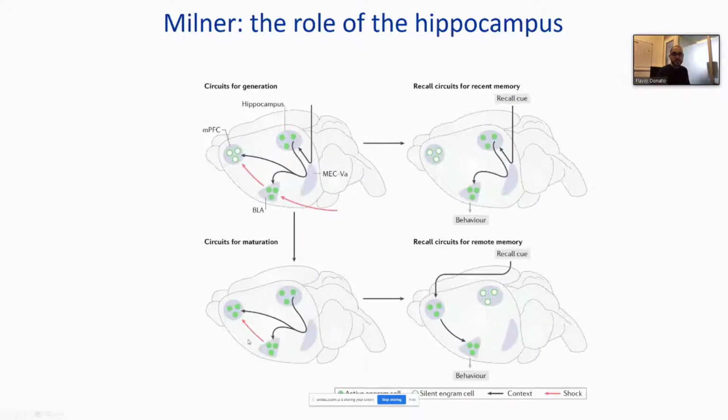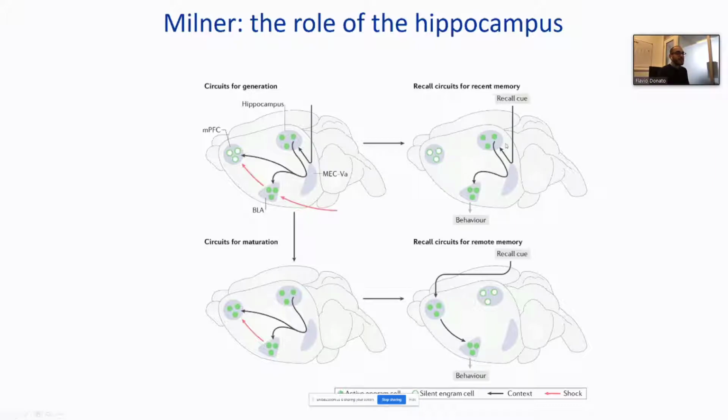And one proposed mechanism is that replay phenomenon that we have seen yesterday, identified via decoding, by which information at a certain point, like the memory trace in the prefrontal cortex, gets strengthened. So much so that if you want to recall the memory at remote time points, you will be successful if you activate the medial prefrontal cortex that was unsuccessful at the recent time point.